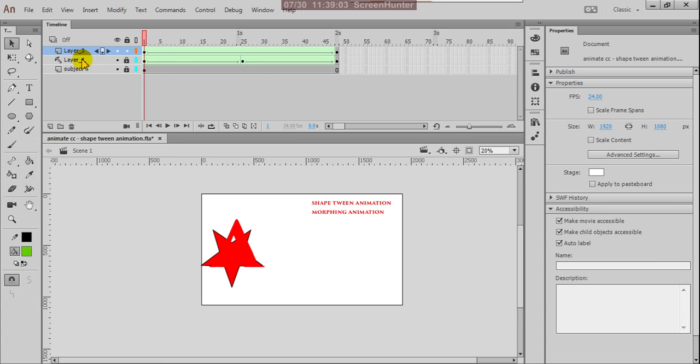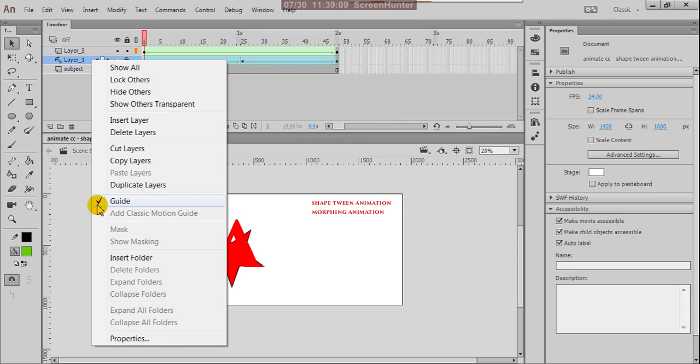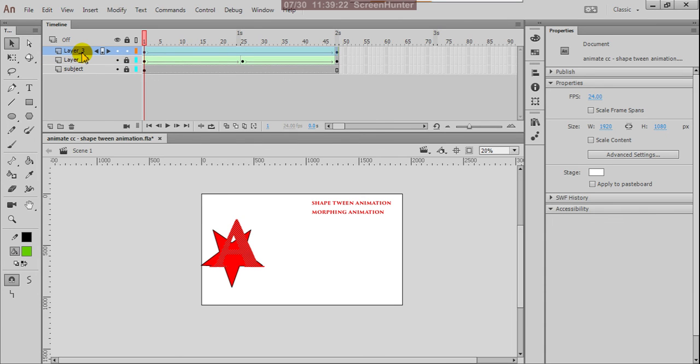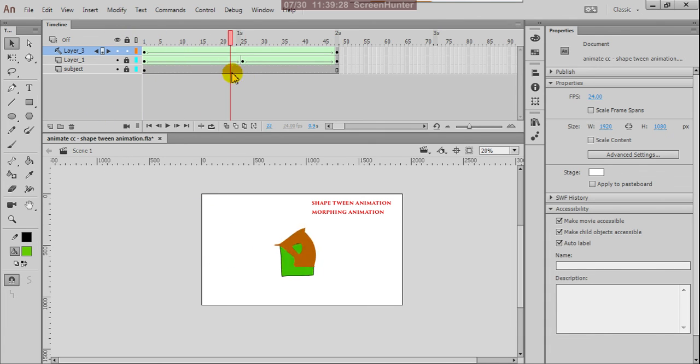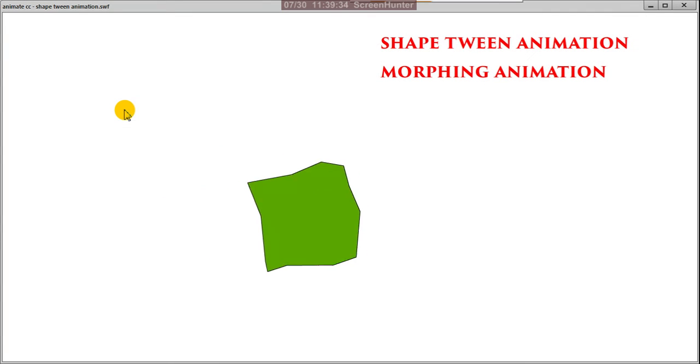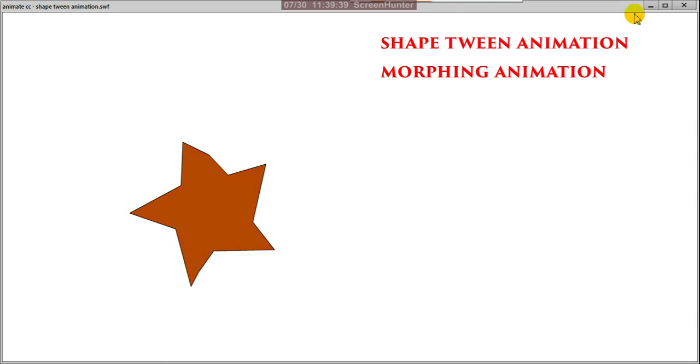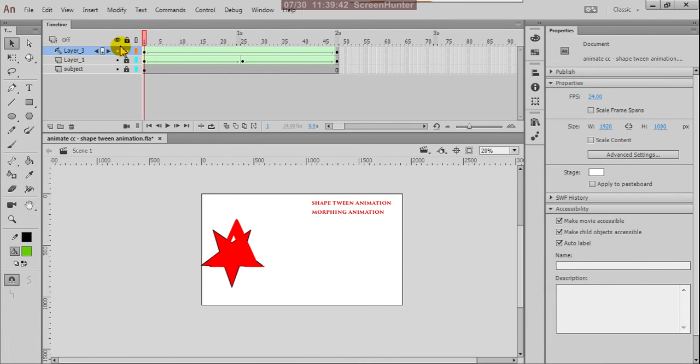The reason is, for this layer I use this symbol. This is called what? Guide. If you don't want to see your animation in the final movie, you can use the guide. Suppose here I deleted the guide, and now apply guide to this layer. Now on the timeline the visibility is there, but when you apply Control Enter, you won't see the other text animation, only the shape is visible.